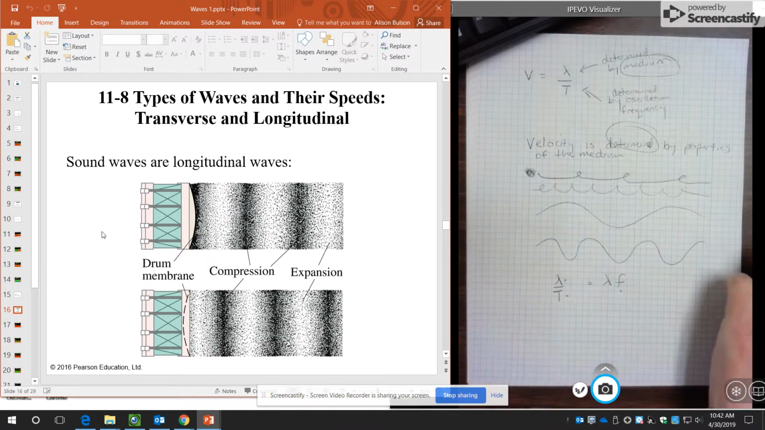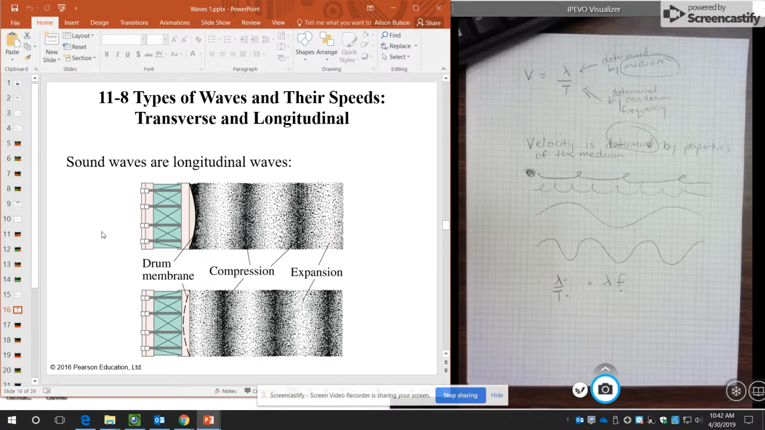So as I mentioned before, sound waves are longitudinal waves. And here's an example of a drum producing a sound wave. When a drum produces a sound wave, the skin, the surface of the top of the drum, oscillates forward and backward. The same thing happens when a speaker produces a sound. So when the drum membrane oscillates or pushes forward into the air, it compresses the air. That compression moves on to the right, and the drum membrane in turn,